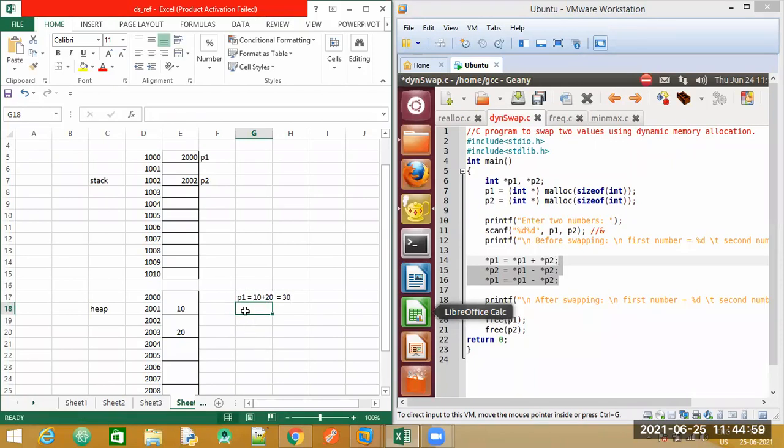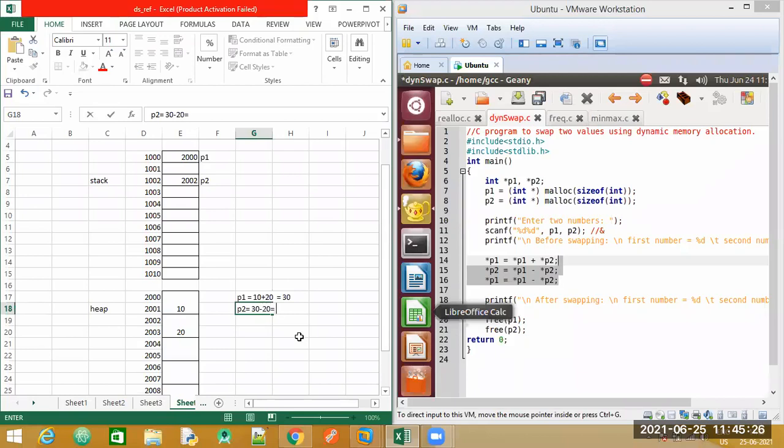Let us have a look at P2 now. We have the formula again star P1, which is now 30, minus, what is the value of P2? 20.